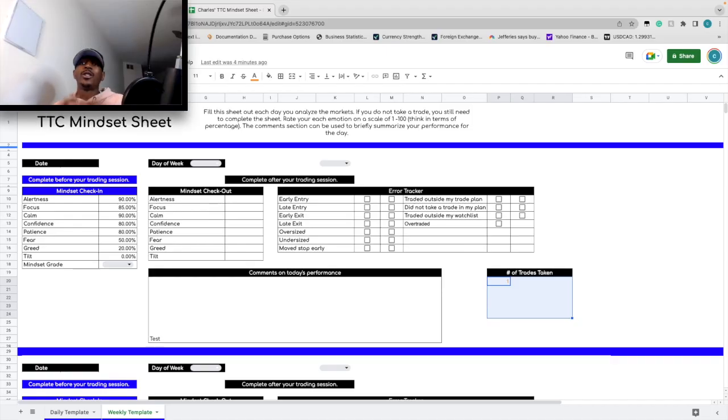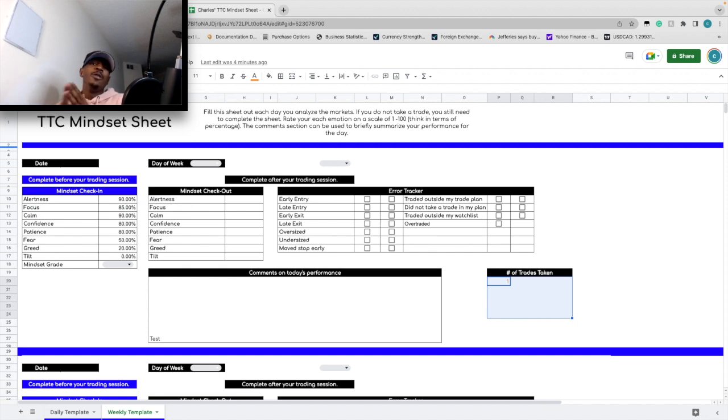So today, like I said, we're taking a look at a sheet that was prepared for us by a good friend of ours over here at TTC. Her name is Amber, and she's been doing some work with us in terms of talking about her trading and different things that she's been working on to help improve her mindset, as that's a big focus of hers. She understands very well that she is a good analyst. She's very good at technical analysis, but sometimes she just struggles with the execution side of trading, as a lot of people tend to do.